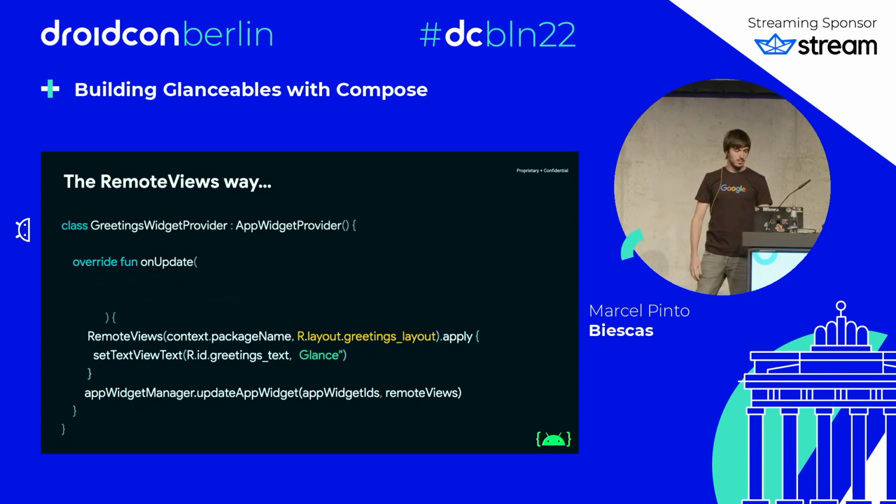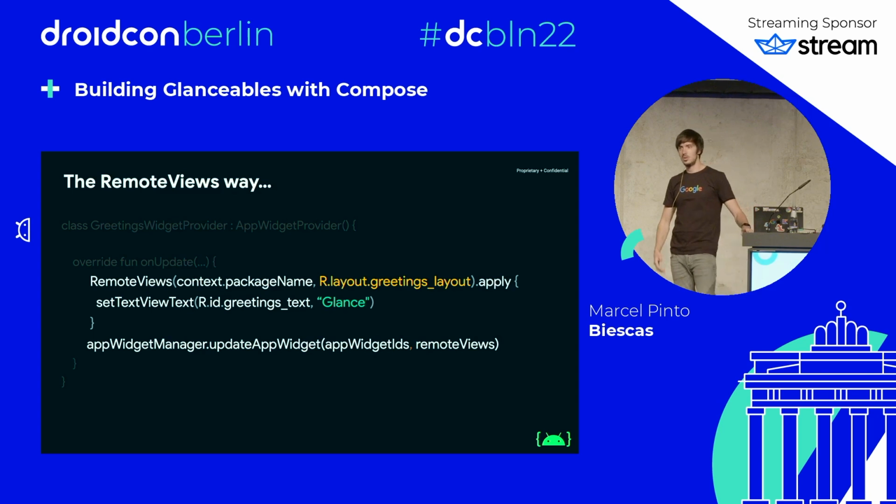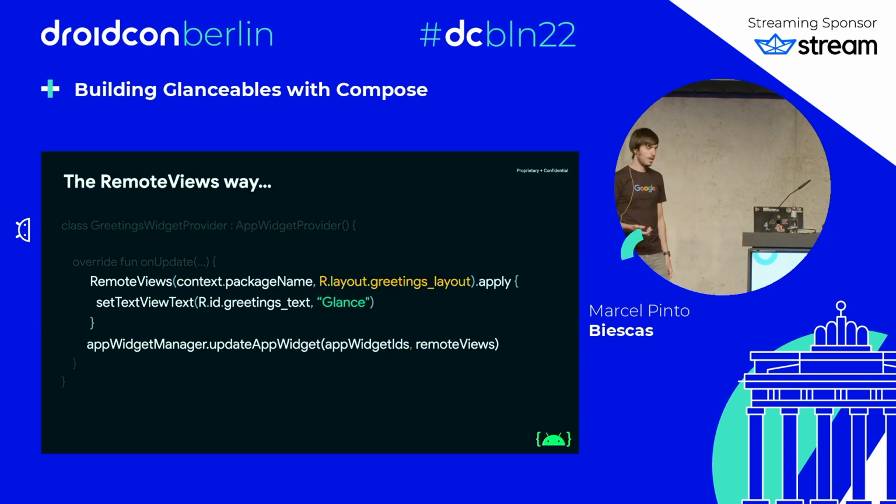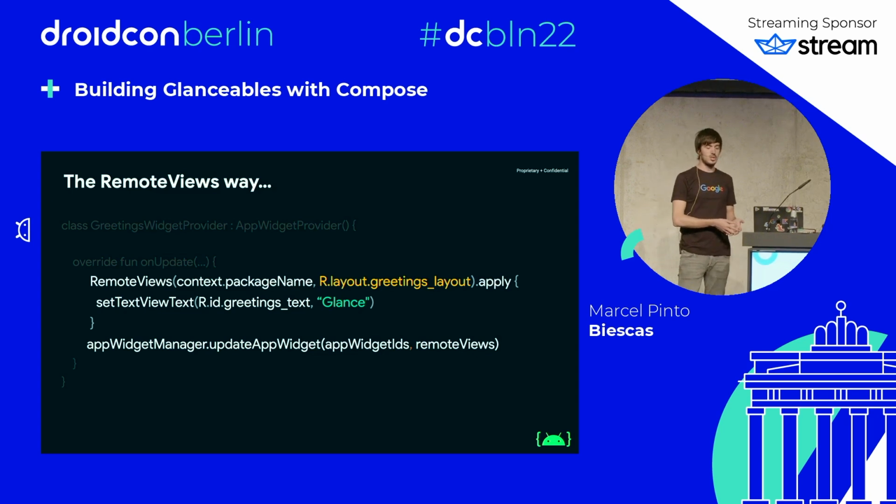When the system requires you to update the widget, you would then create a RemoteViews object. This object takes the actual layout ID that defines the UI in XML. And then you can change some of these attributes at runtime by using the RemoteViews API. For example, in this one, we are changing the text of the